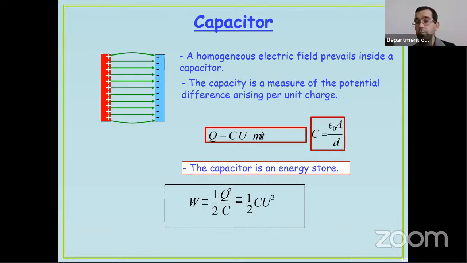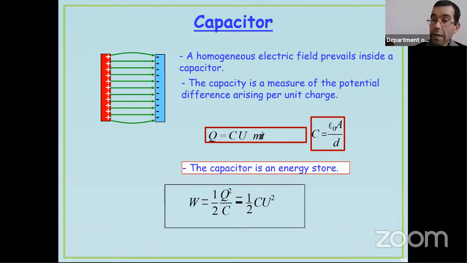And here you see there is another factor denoted by epsilon, or epsilon 0. Epsilon denotes the permittivity of the material that fills the space between the two plates. And we use the denotation epsilon 0 if we have nothing between the two plates. This is the permittivity of free space. It refers to vacuum. However, if we use another material, then we have to insert here the permittivity of the given material.